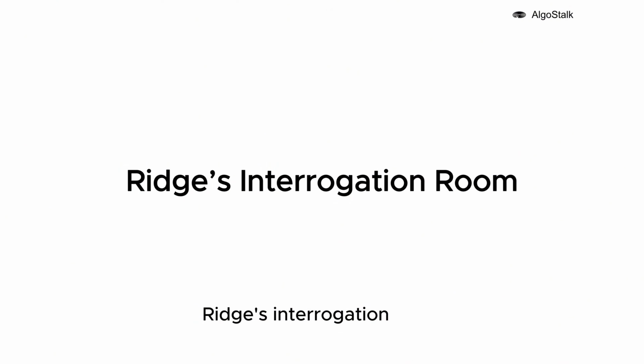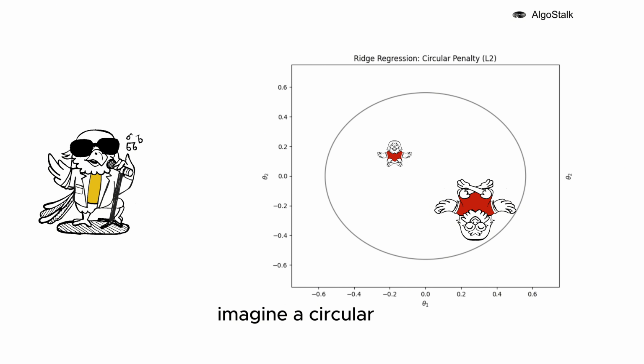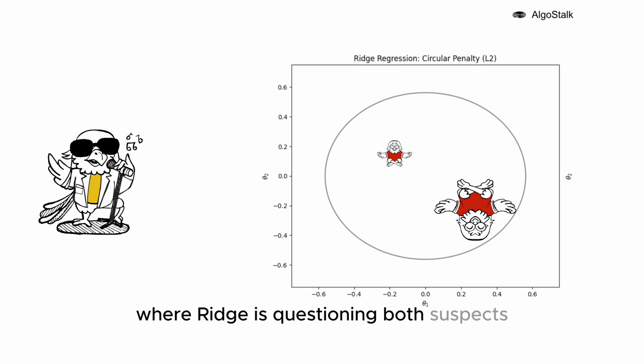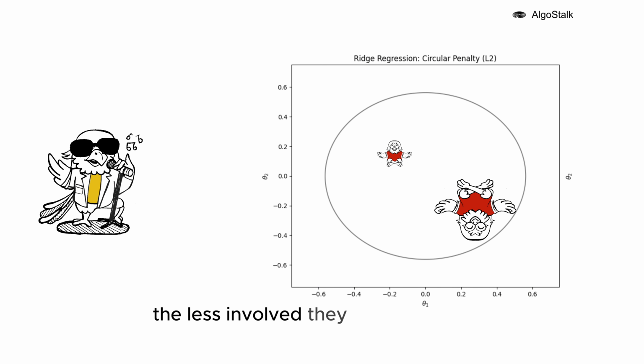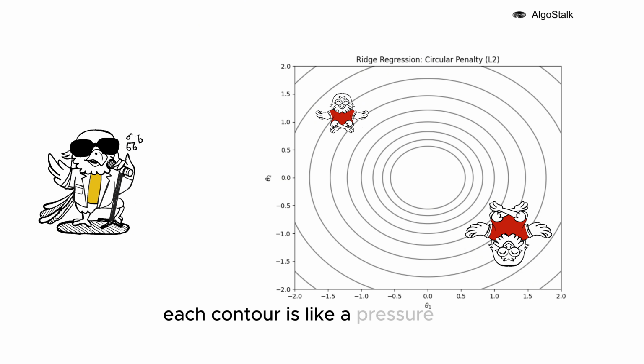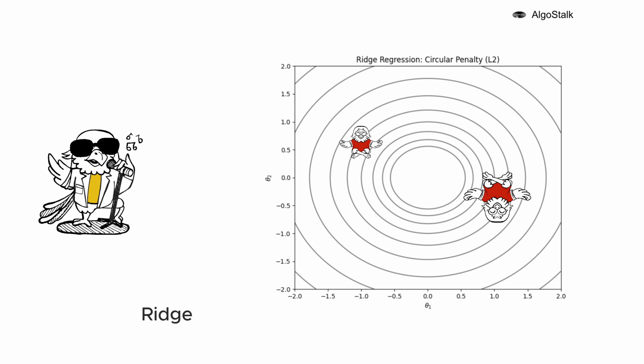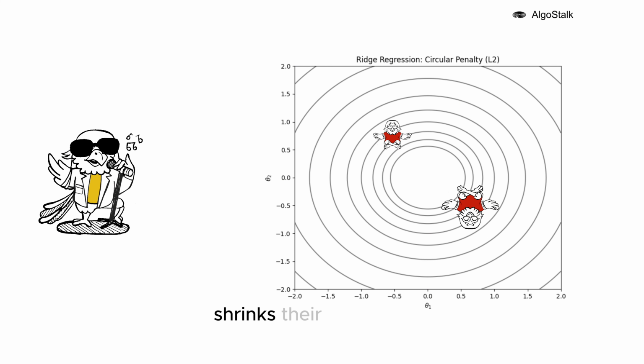Ridge's interrogation room. The penalty constraint takes on a circular shape. Imagine a circular room where ridge is questioning both suspects. The closer they are to the center of the room, the less involved they are in the crime, the closer their coefficients are to 0. The plot shows circular contours. Each contour is like a pressure level that ridge applies to the suspects. As you move inward, ridge reduces the suspect's involvement, shrinks their coefficients,